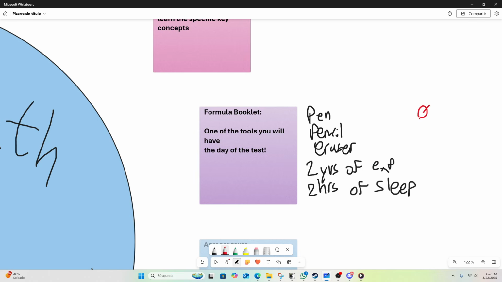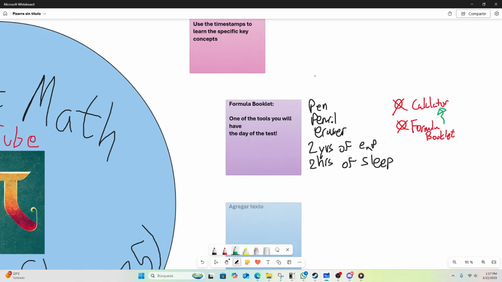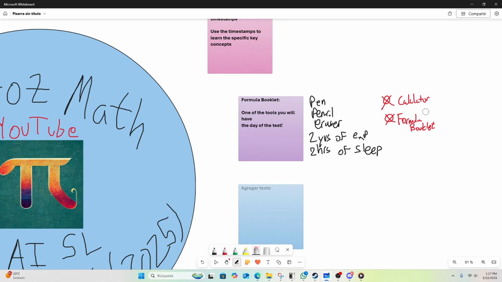On the one hand, you have your graphing calculator, and on the other hand, you have your formula booklet. I feel like if you master the formula booklet, you're going to master the procedures and formulas, and that also helps you or forces you to learn the calculator better. I feel like for the IB AISL specifically, a lot of it is just knowing what your calculator does, to what extent, and how you can use it better. But for now, let's focus on the formula booklet.